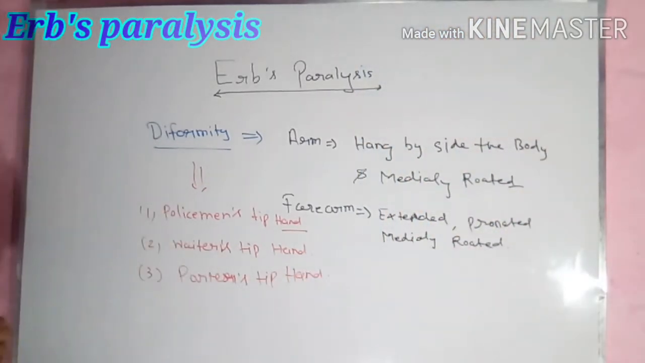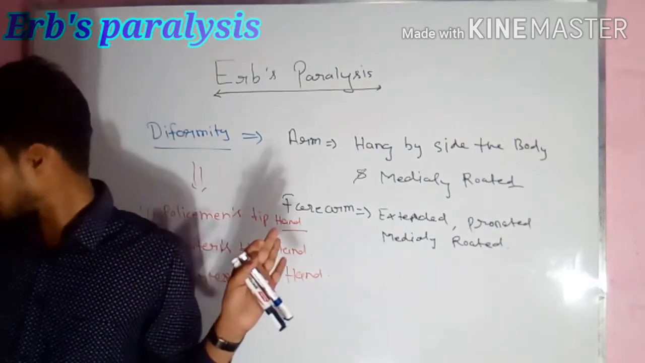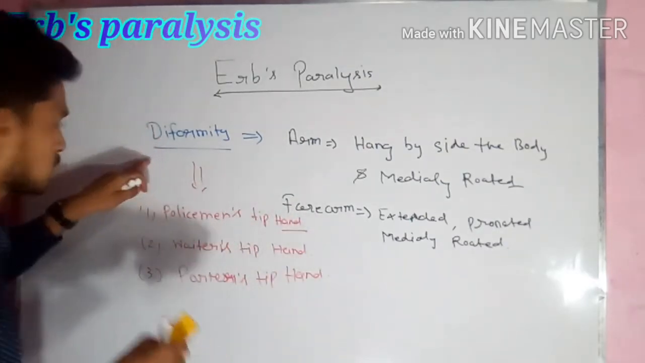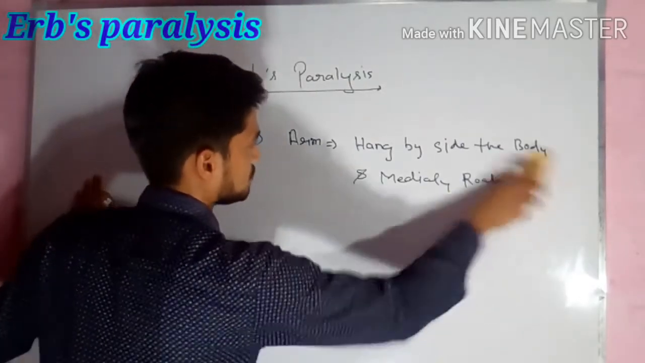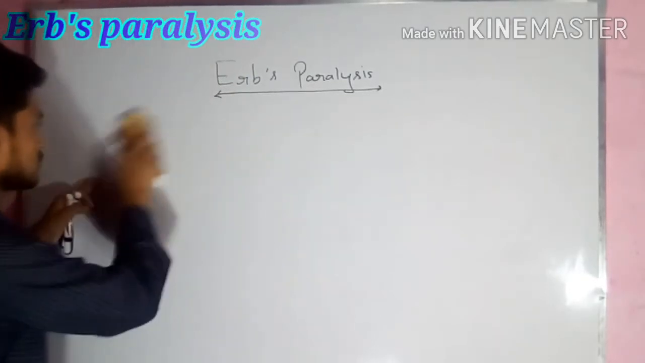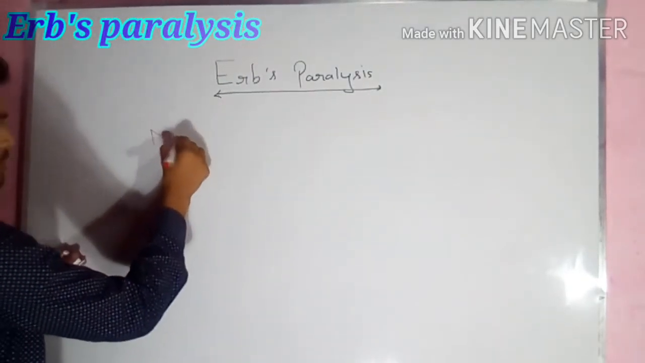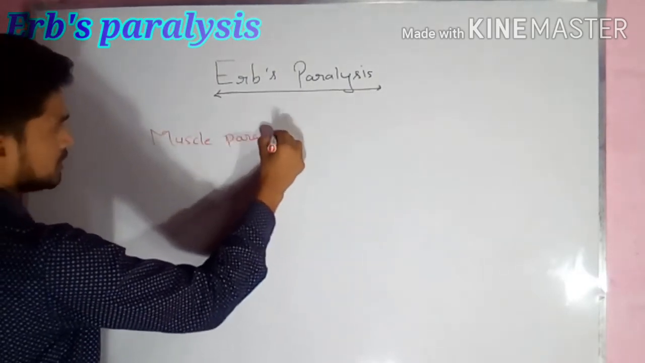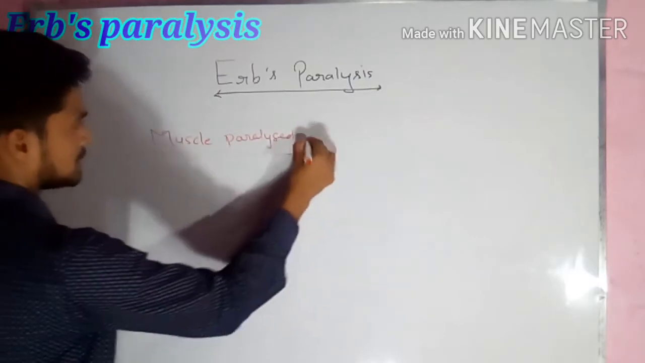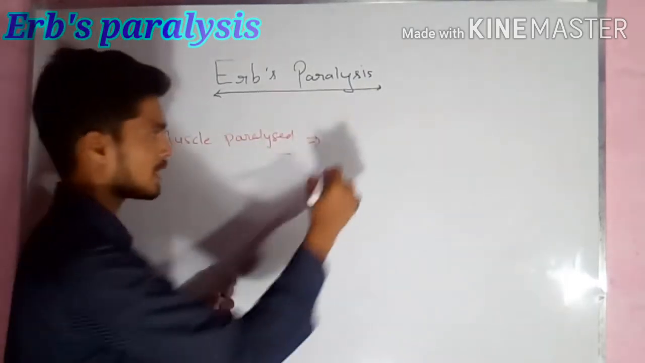Okay friends, so this is about the deformity, and now we are going to discuss what disability will be produced. So basically, now first we will discuss the paralyzed muscles. Muscles paralyzed. Okay friends, so first of all, the deltoid is paralyzed in this,